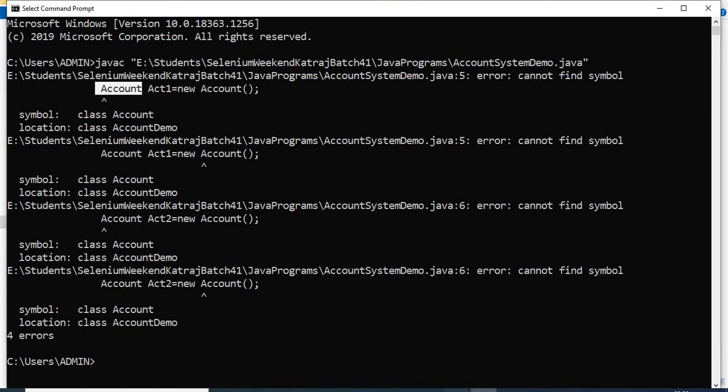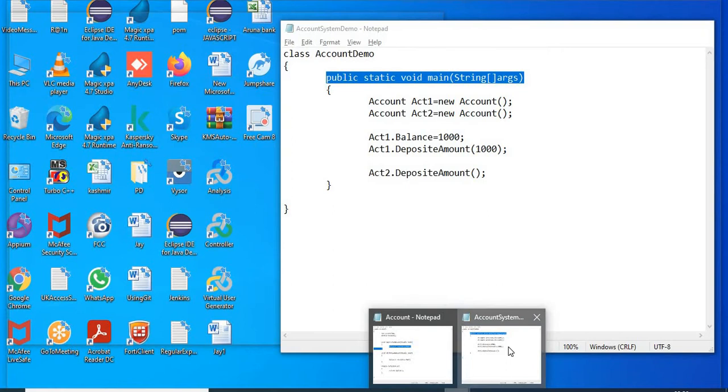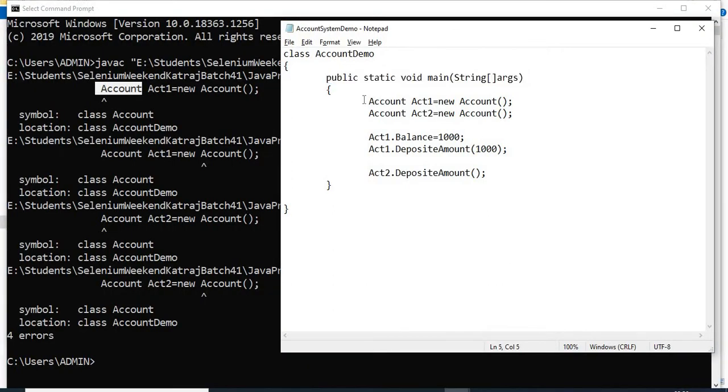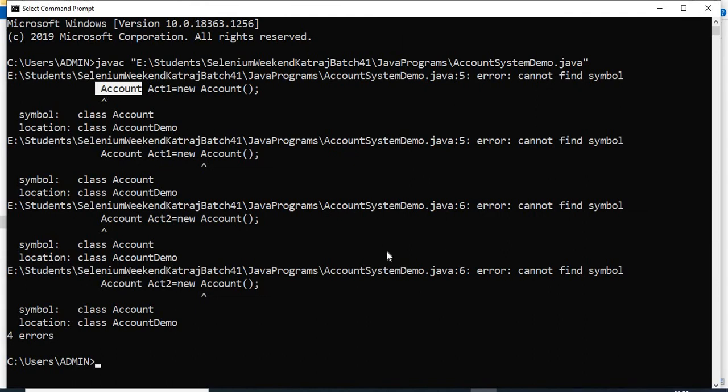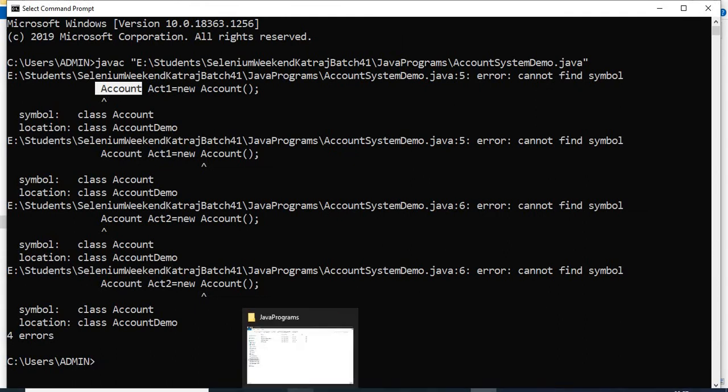It understood that the context of this line is that we are creating an object of a class, but it needs to know where the compiled code of this class is, so that it can check whether that class is correct and whether this kind of object can be created of that class or not. So it needs to know the meaning of it. Meaning here is the compiled version of this class, and we do not have this class compiled as yet.